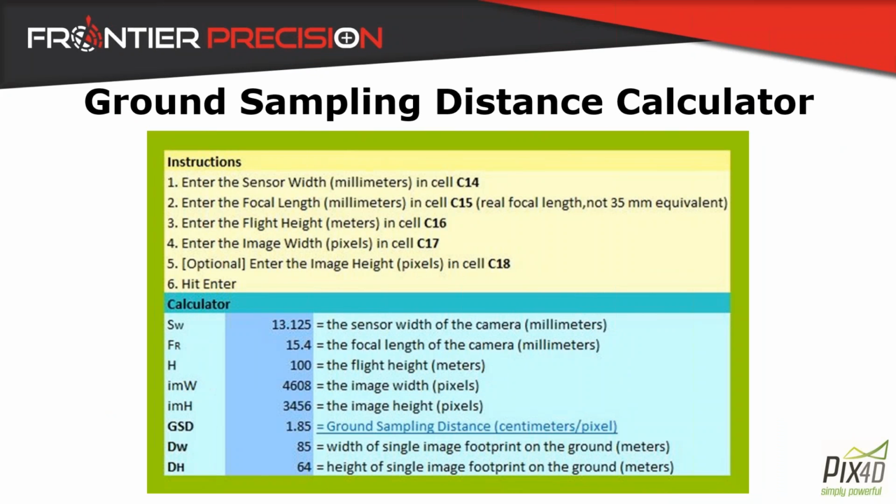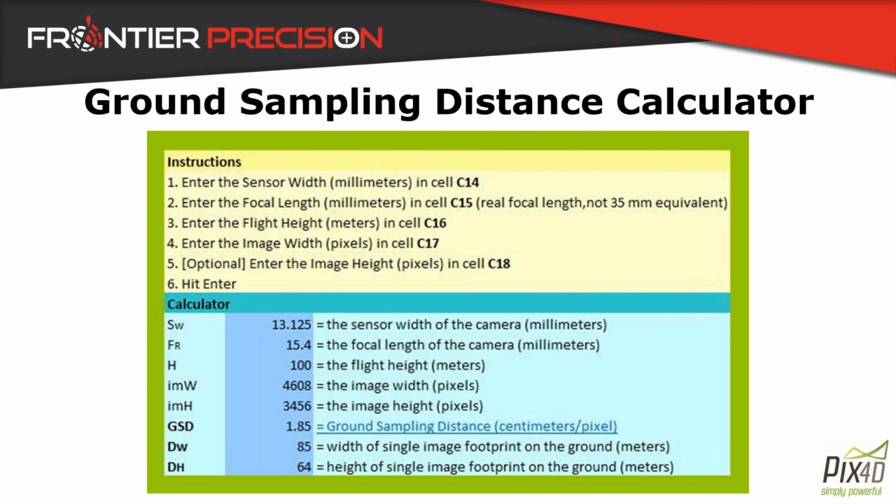Pix4D does offer a pretty nice ground sample distance calculator. It's an Excel spreadsheet you can download off, I believe, their support site. Basically, it'll give you a good idea of what you're working with. So you can input different parameters such as the sensor width, the focal length of the lens, the height of the flight that you're going to fly, and then the size of the image that the camera captures in